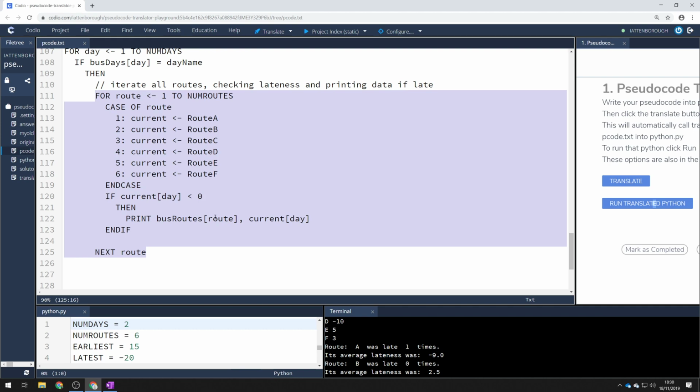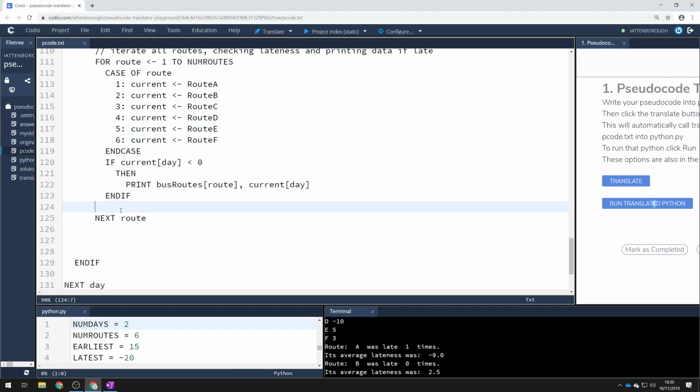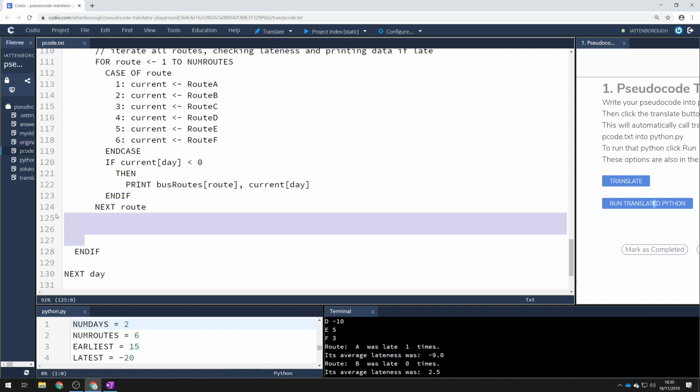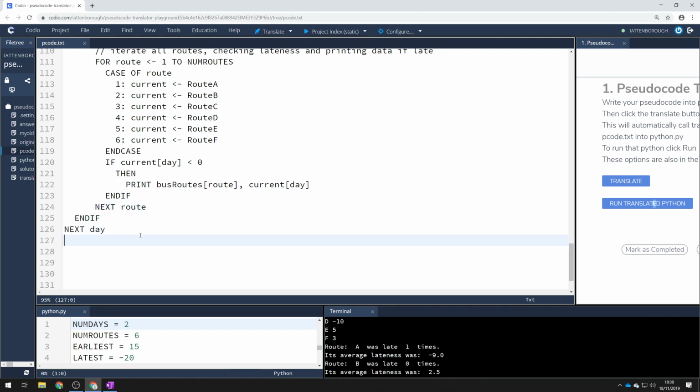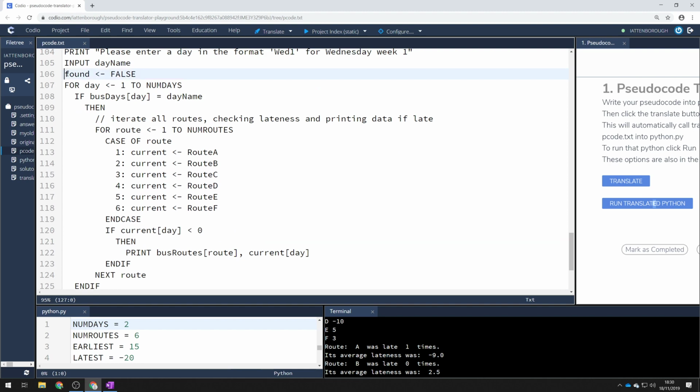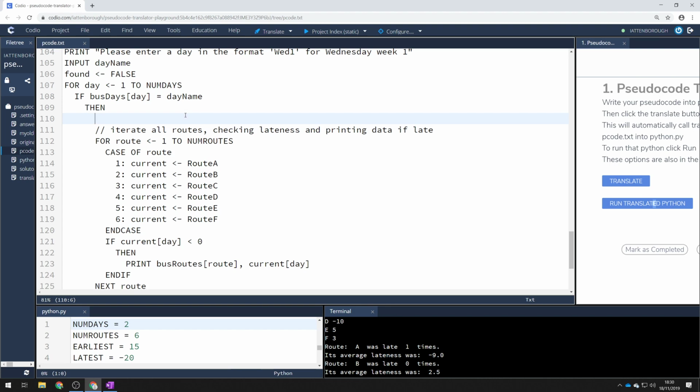Of course, we now need to tell the user if they didn't select a valid route and whinge at them. And that comes at the end. Oh, that was the whole point of found is false. So if we did find a good route, which meant the person typed something good, that would come here. See, just before we iterate all the routes, checking lateness, it means if we get to this line here, where I am right now, we need to say that we did find a good, as in the person typed a good day. So we're just going to type found arrow